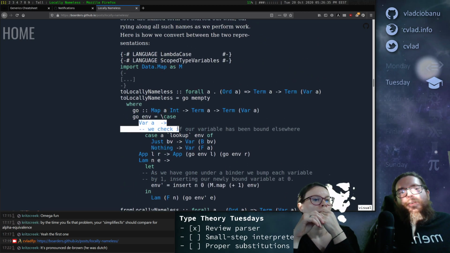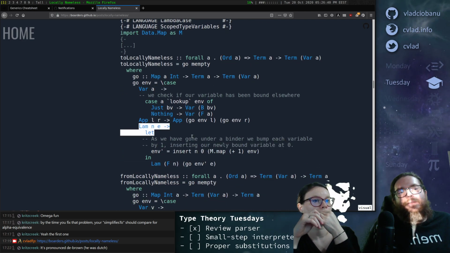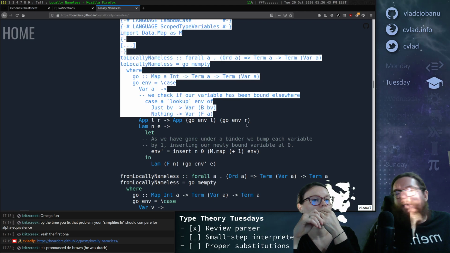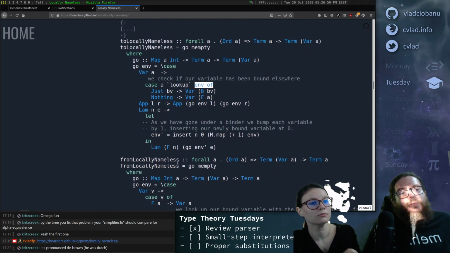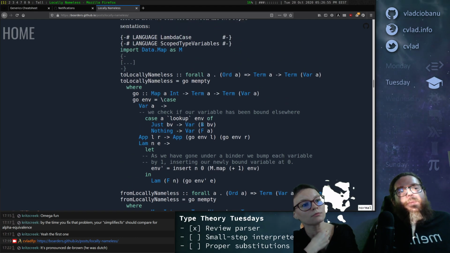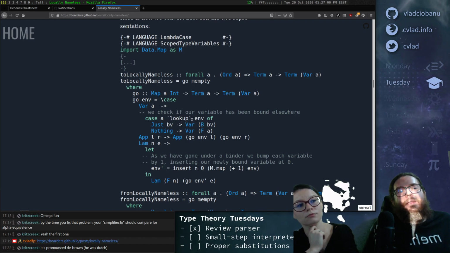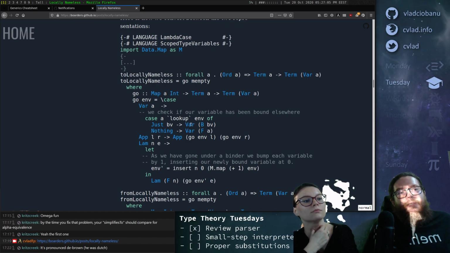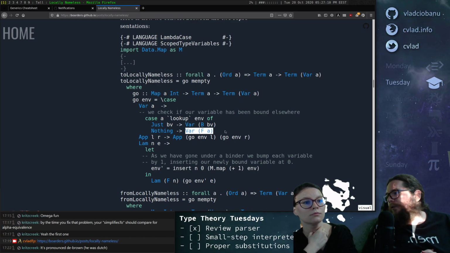Right, and then for variables, this is where we actually do something interesting. Because until now we're just preparing our state and not descending left and right. But this is an interesting case where, if we find the variable in our environment, so basically if it is bound, then we replace it by its index there. Lookup finds a inside the map, so this is its index, its number, so we put it in as a variable there. Otherwise we leave it as is because that's a free variable.